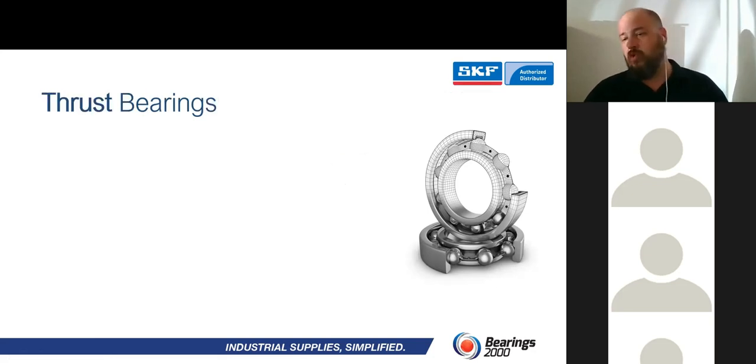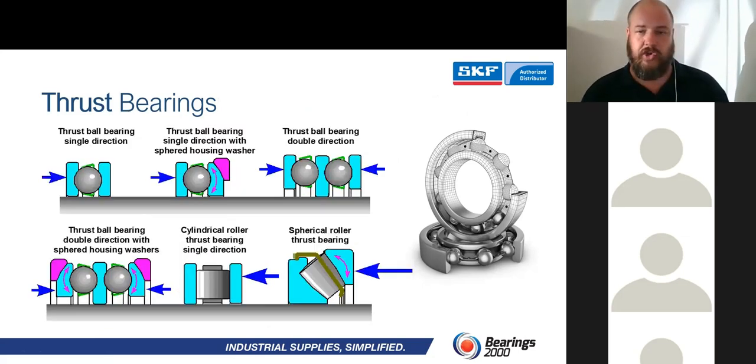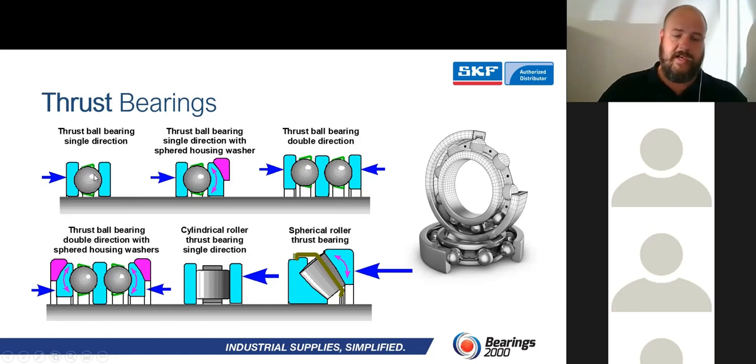All right, and then the last items on running through the bearings would be the thrust bearings. Thrust bearings are solely to accommodate axial loads. Look at all those, no red arrows whatsoever, only blue arrows. There are various types over there. Your single row, single direction thrust, a single direction thrust with a sphered housing, double direction with sphered housings, and the cylindrical roller thrust bearing, that is for excessive thrust on the bearing, taken up by the cylindrical roller as per that line.